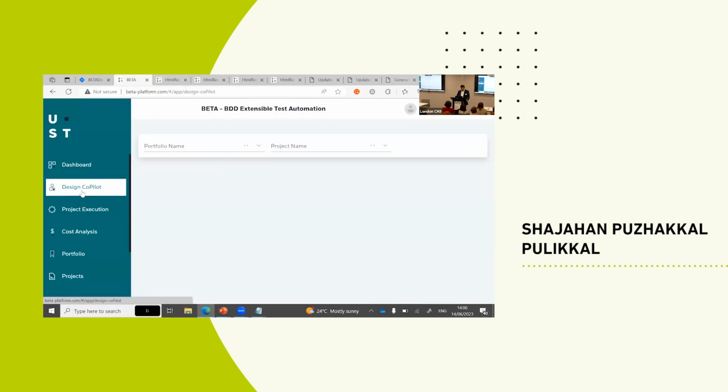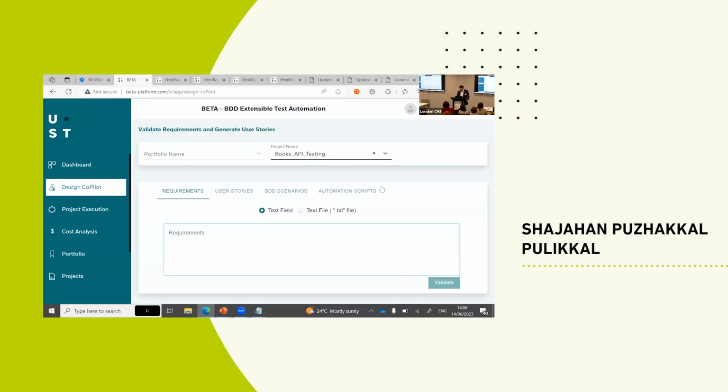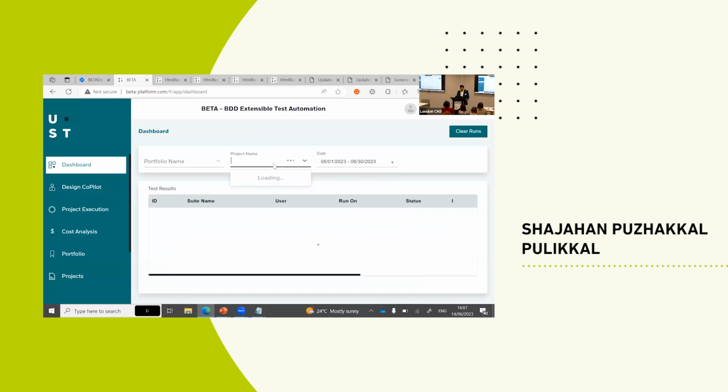So the next one is from those BDD scenarios. What we're trying to do there is create the automation script. You asked a question about how we can take the previous one. We already executed it, and for each execution an ID will be generated. We got a pop-up there.